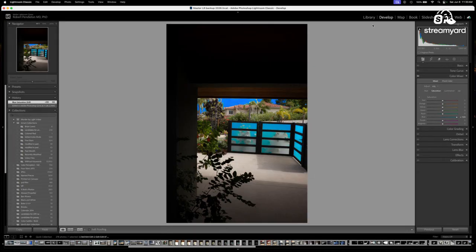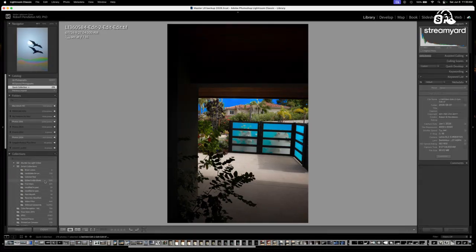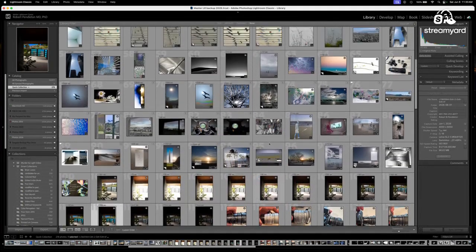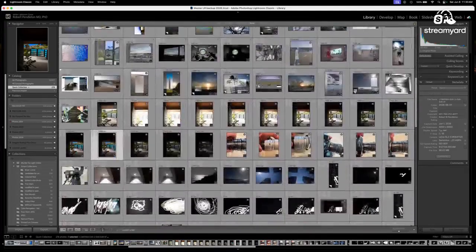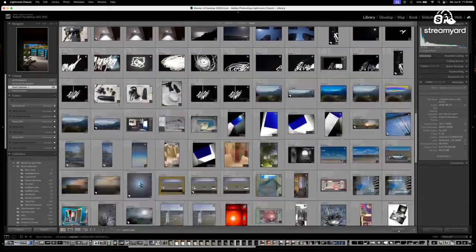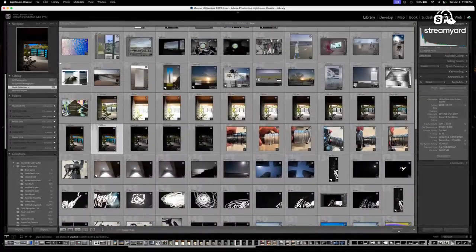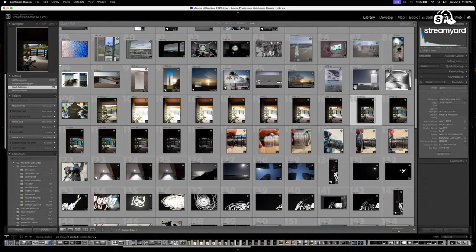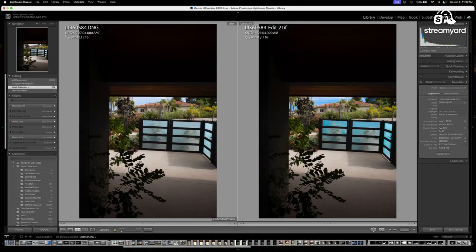Let's go back, see where we are now. So here in our series now, if this is the original, here's the original image.